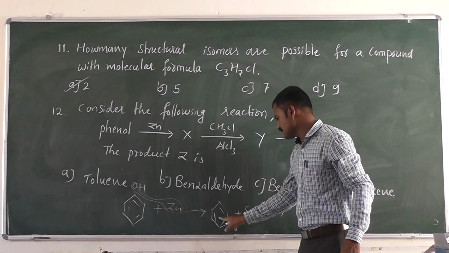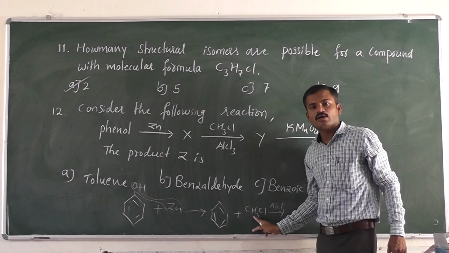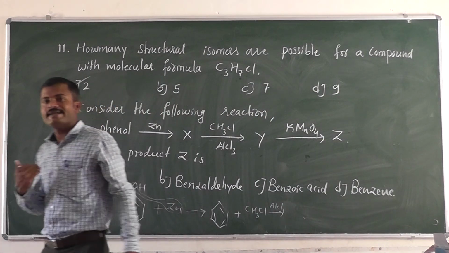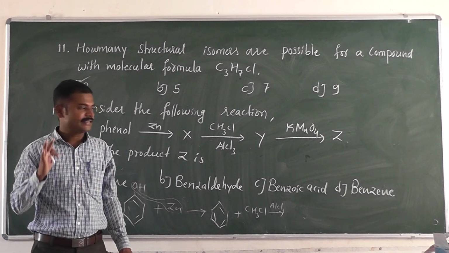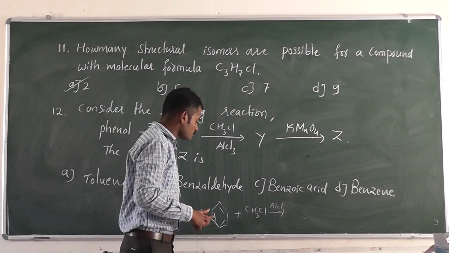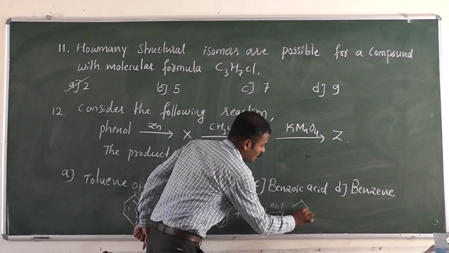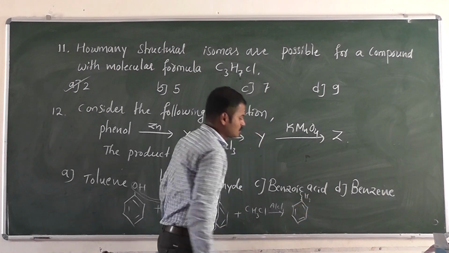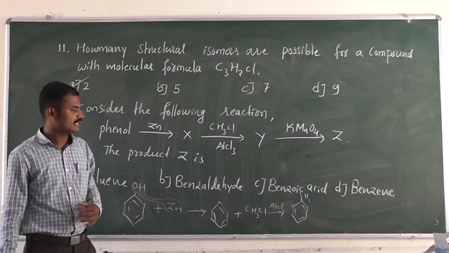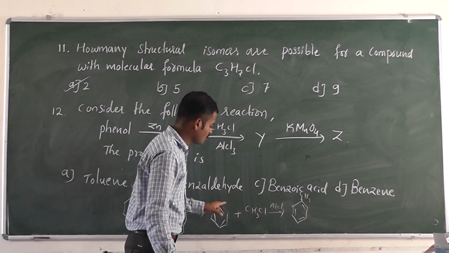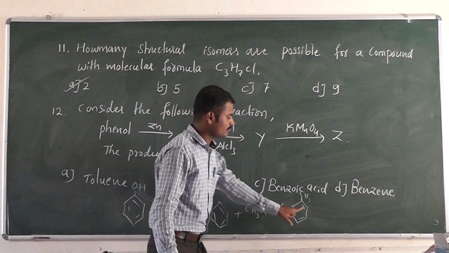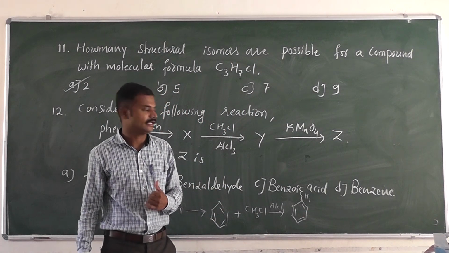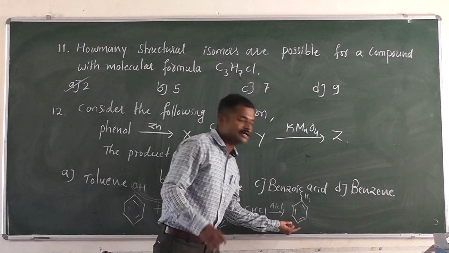So when this benzene ring reacts with methyl chloride as a reagent in presence of aluminium chloride, or you can take ferric chloride, that acts as a catalyst here. So forming what? What is the product? Toluene is the product. This is the named reaction, Friedel-Crafts alkylation reaction. So there is formation of toluene with liberation of hydrochloric acid, that is HCl. So this is not the final product.